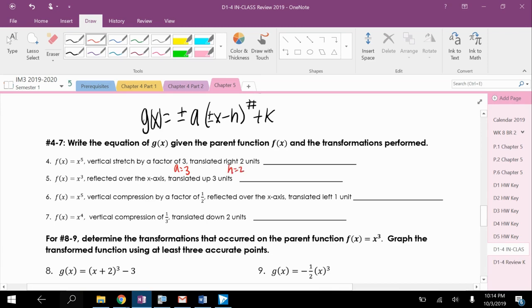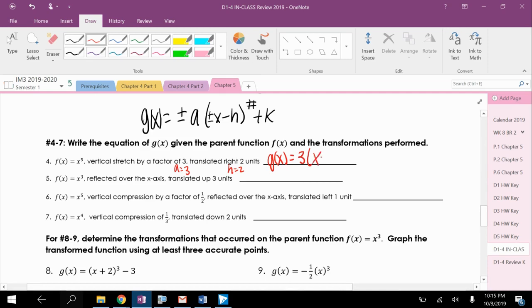Everything else you don't write. I don't write this guy. I don't write that guy. And I don't write this one actually either. Actually, I lied. You do write the a. You don't use this one, you don't use this one, or you don't use that one. Okay? So when we write this, it would be g of x is equal to 3